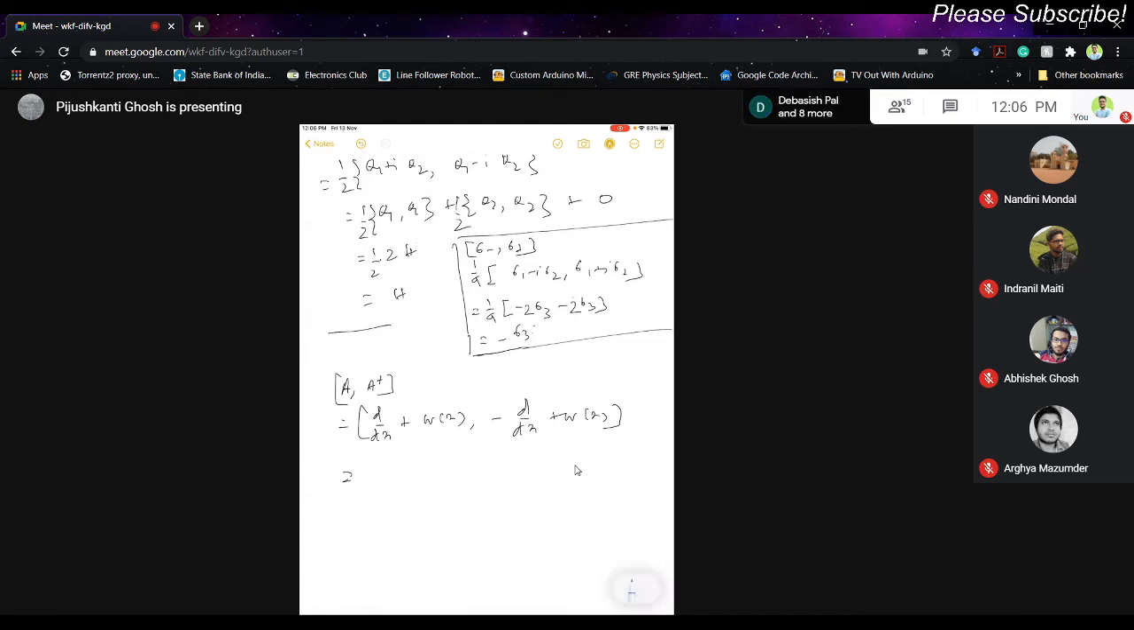What is the commutator of this with this? Zero. Okay, so 0. So what is the commutator? 0